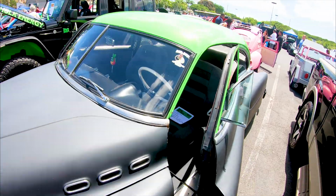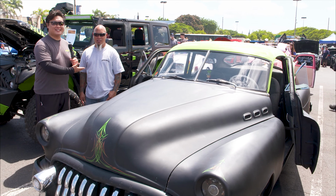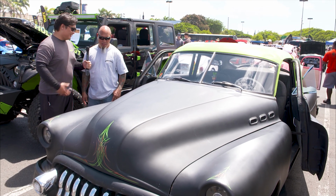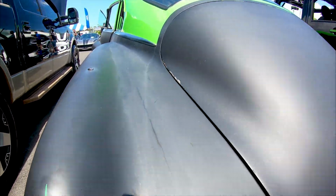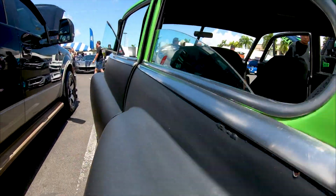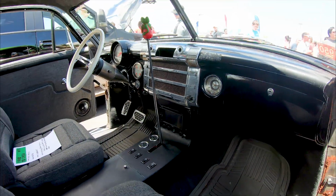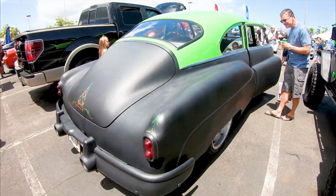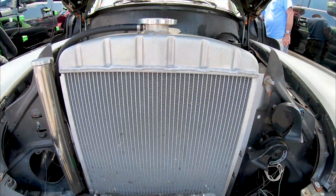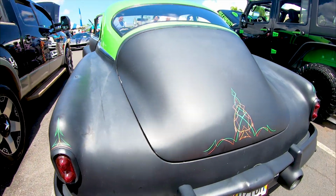So I may have seen this car in another life, perhaps a Buick, maybe even a Chevy. I'm here with my friend Sonny. He's gonna tell me about it. Tell me more, buddy. It's a 1950 Buick. It started off all original, beautiful black car. Drove when I got it about 11 years ago, and just can't leave anything alone. So we cut the front clip off, put a big block Chevy, El Camino, Chevelle front end, 4-link in the back, posi,